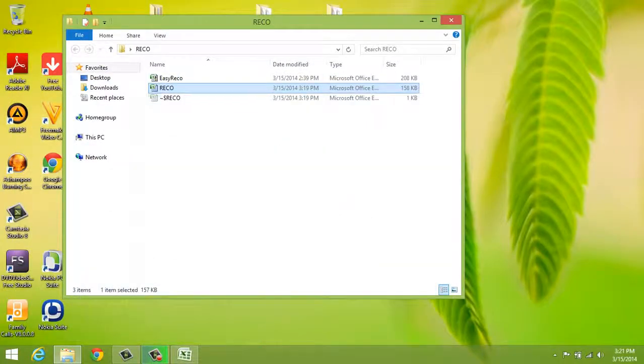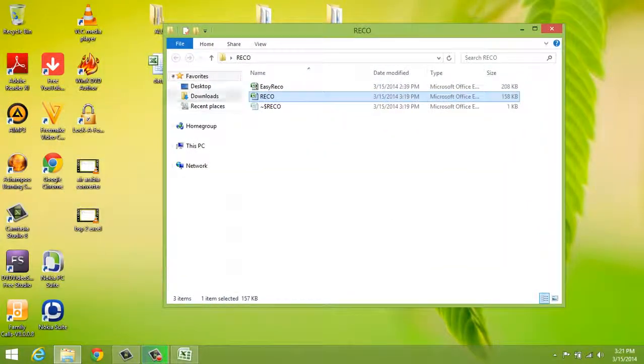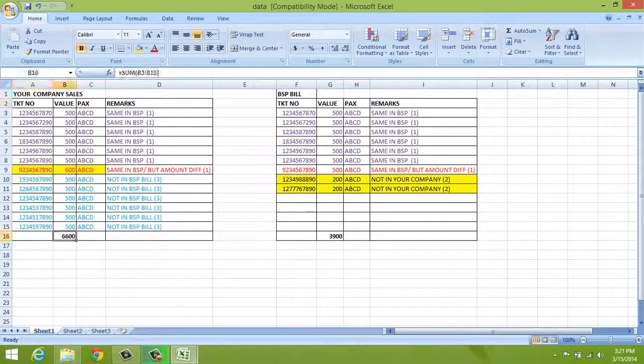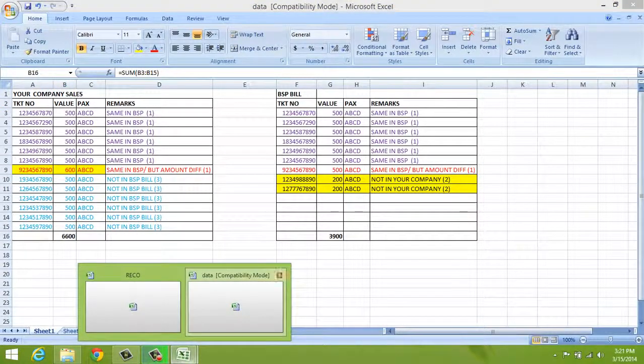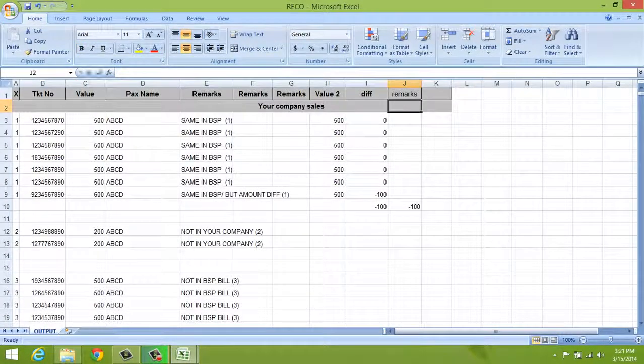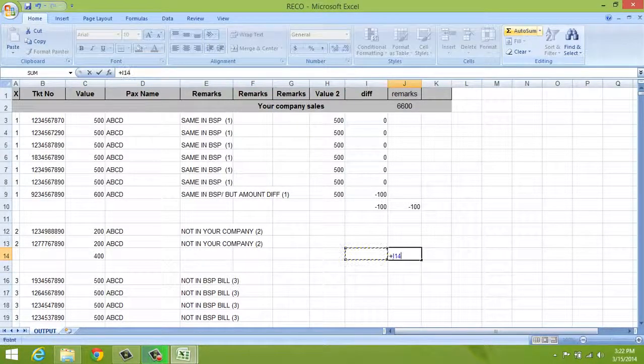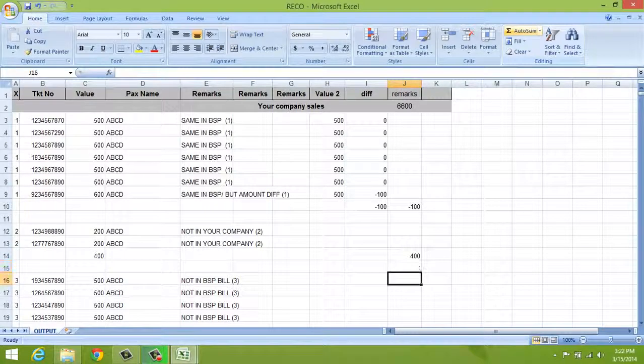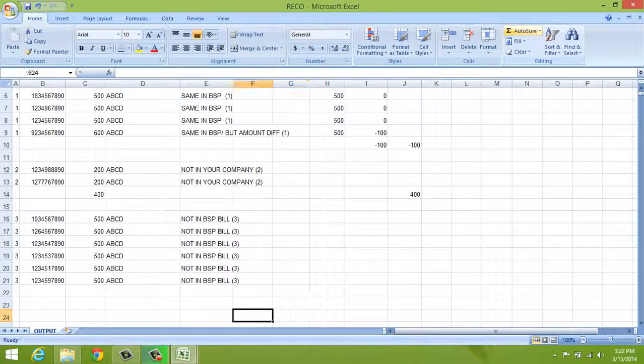You can check that in the data file. 6,600 is your company, 6,600 and difference is 100. Here the total of this one is 400, and this one, option number 3, its total is 3,000.